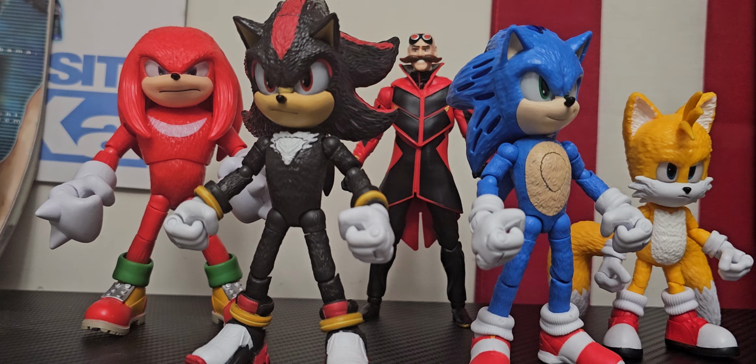I feel as satisfied as a collector can be, and for me, collecting these figures always brings me great joy because I feel like I have these characters in my room. I feel like I can play with them a little bit and do some action figure photography with them. I'm just happy to have them, and they also remind me of the times I got to watch Sonic X